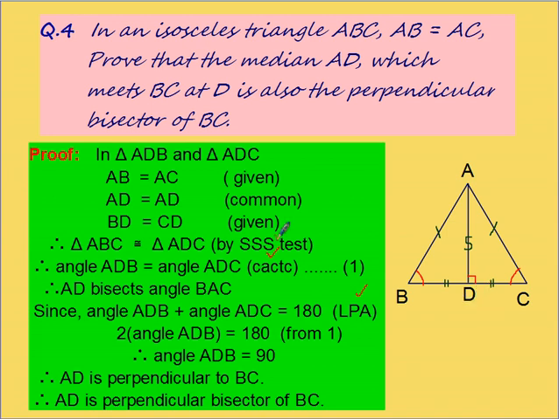So this is the proof. Now if you see here, I have proved these two triangles congruent by SSS, because this is given, this is also given, and this is common. So I found all three reasons: given, common, given. If you remember, I gave you these properties only for sides. So triangle ABC is congruent to triangle ADC by SSS test. Therefore angle ADB is equal to angle ADC by corresponding angles of congruent triangles, and therefore you can say AD bisects BAC. But they are not asking only for bisect, they are also saying perpendicular bisector.